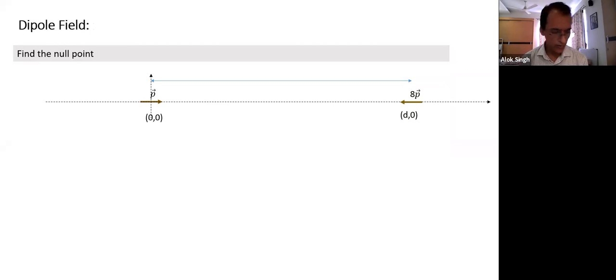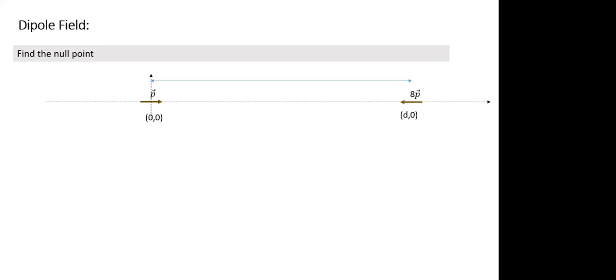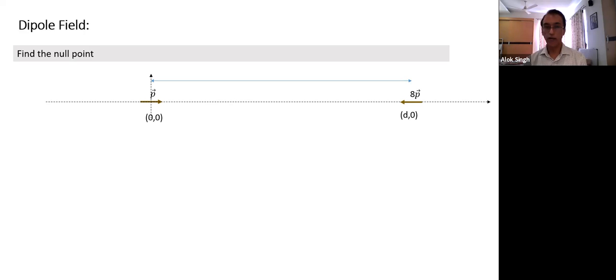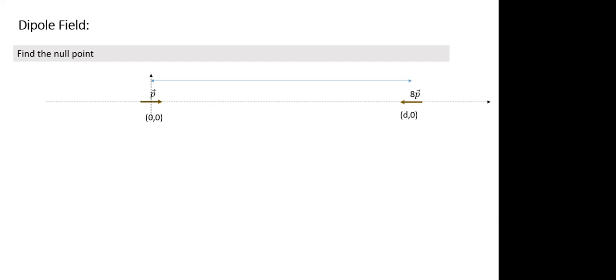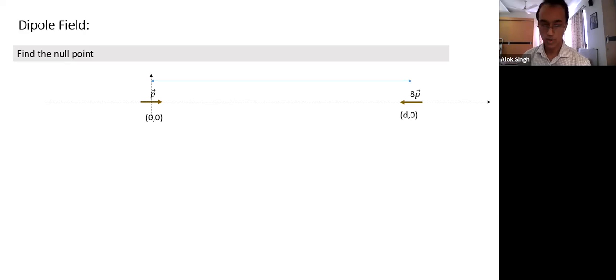So Grishma, what does null point mean? Have we come across the term null point before? Null point is a point where the field is 0. So here there are two dipoles, both will create a field. If at a point both create equal and opposite fields, that will become a null point. So we have found the null point due to two point charges.